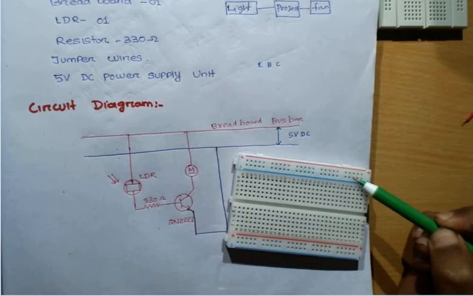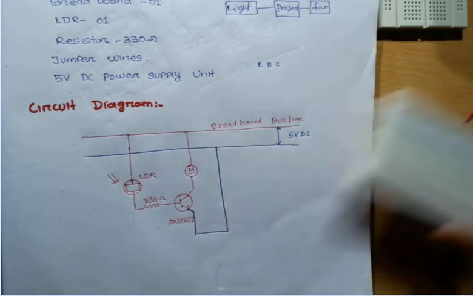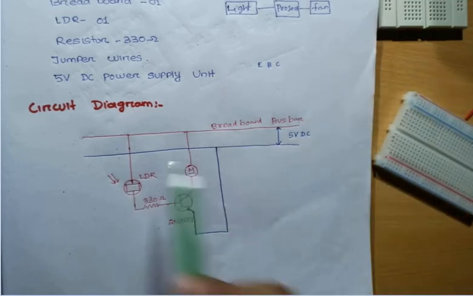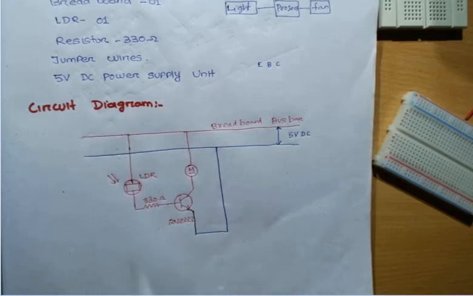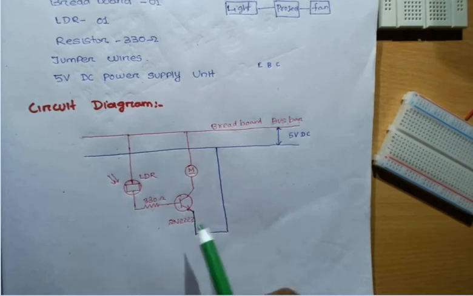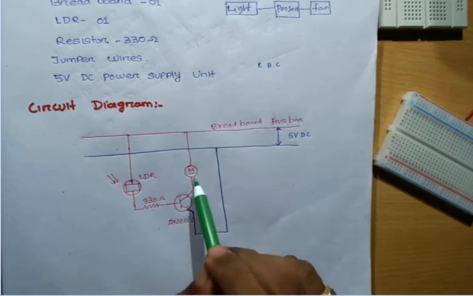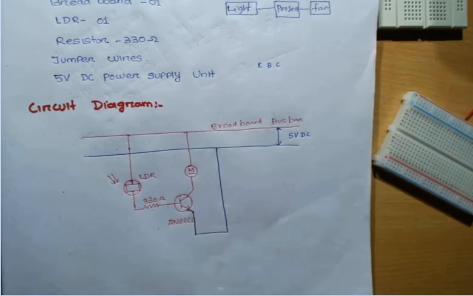breadboard. Next, in the circuit you can see, we will connect an LDR to this 5 volt bus bar, then it will be connected in series to this resistor, then this is your transistor, and this is your motor. How they are connected I will demonstrate one by one. Okay, now let me first finish the circuit. Before going to do my circuit, I will give the idea of how this circuit is functioning.